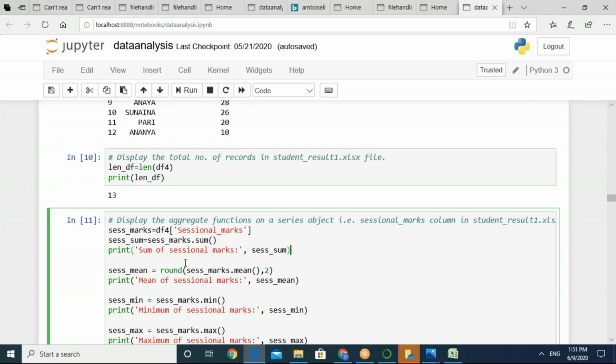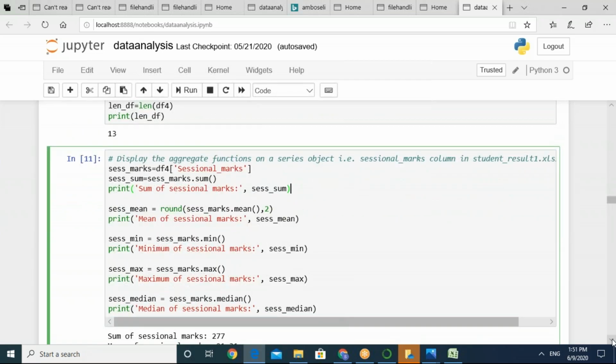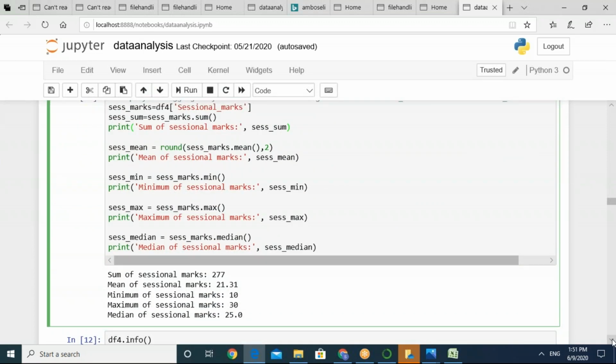Okay. So tell me, just by next I have computed the mean and I have used the round function also, so that the computed mean is rounded off to 2 digits. On a single column only I am working, which is numeric. We have computed sum, we have computed mean, then run the minimum method. So you can know what the minimum value is. And similarly, you run for maximum. And accordingly, you will get the response as shown here.